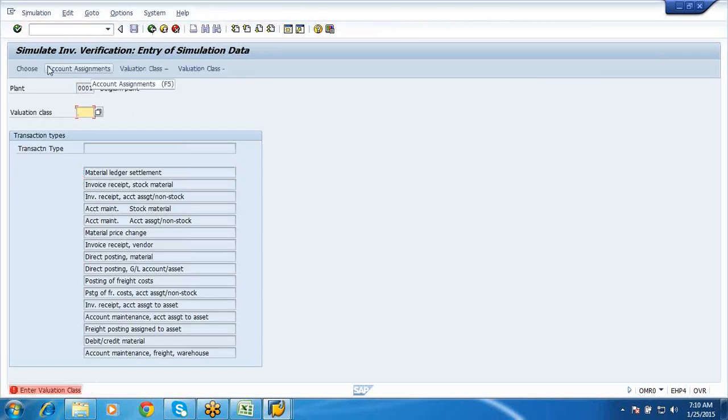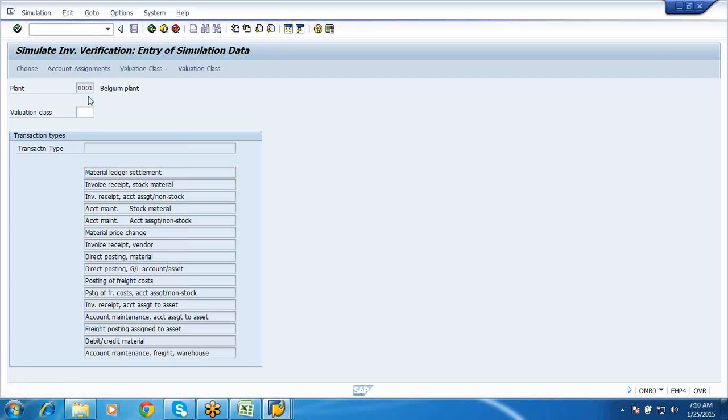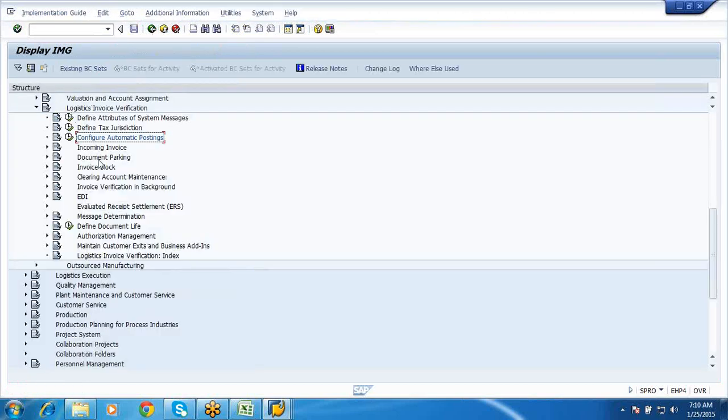Anyways, there we noted what changes or configurations are to be done for a new material and for a new valuation class. The same thing holds good here also. That is for your goods receipt, and the same will be done for your invoice receipt also. Next you can go to incoming invoice.